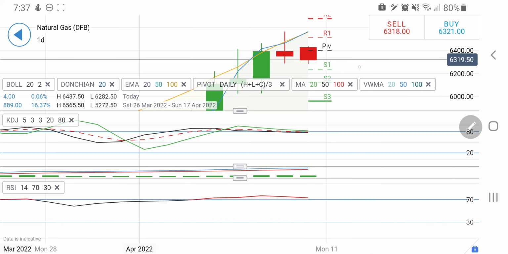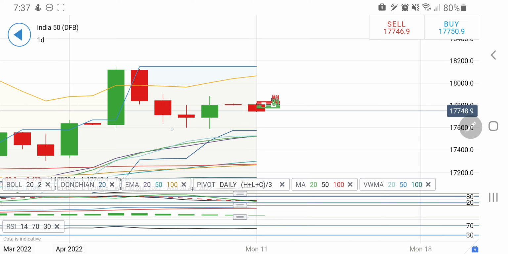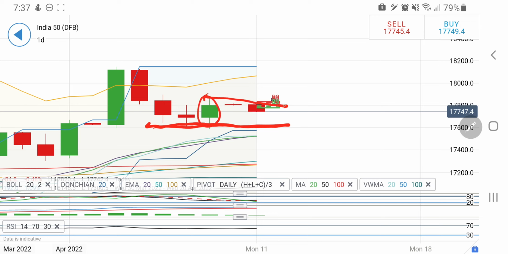Now let's have a look at Nifty. See, Nifty trading with a good drop, but one must not forget there is a strong support at 17,600. Last trading day we have seen a good rise, and now it is still continuing with this bearish momentum, reversing from here. It appears that it may try to come back to this zone. Any drop below 17,600 is a good indication that it may try to go towards 17,500 and below levels also. But let's have a look at other charts also.